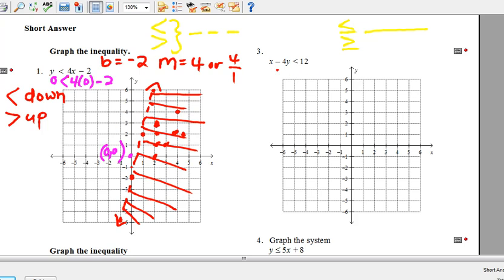Let's talk about graphing number 3. x minus 4y is less than 12. It's not in slope-intercept form, so I have two choices. I can make a table and find the intercepts, and I notice that I've got a coefficient of 1 for the x and a -4 for the y, and both of those are factors of 12. So I think I'm going to go ahead and make a little miniature table to find the intercepts. And what I do is